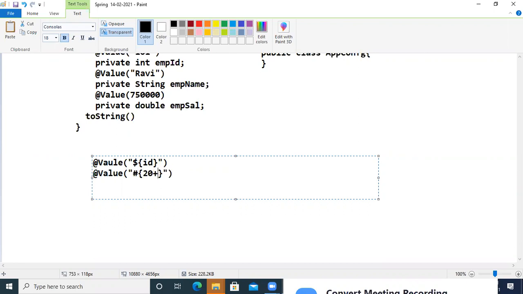Now, like 20 plus 30, if we want to add inside the bean class only.